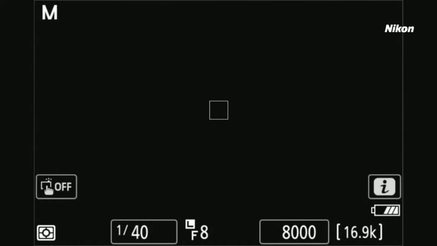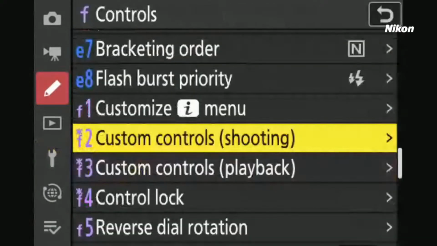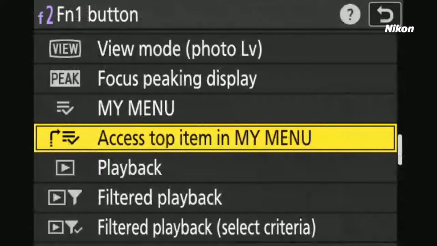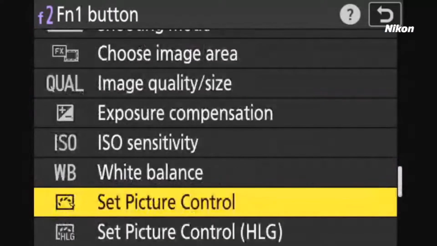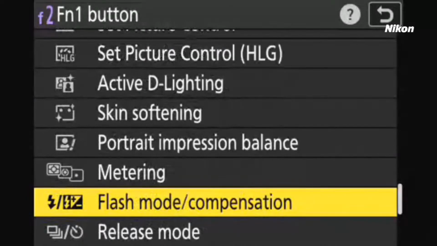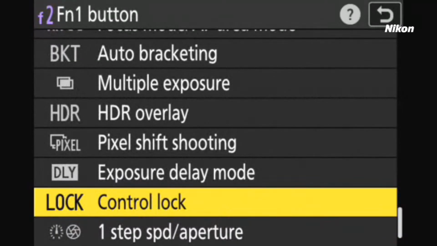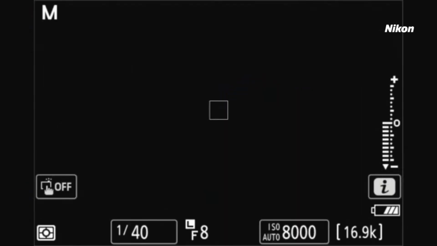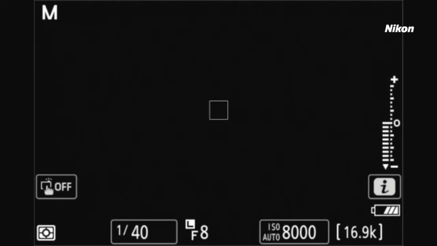I do believe there's another way to do it. Let's just wait and see if I'm right or wrong here. What I'm looking for. Yeah, control lock. So yeah, okay. So another way to do it is